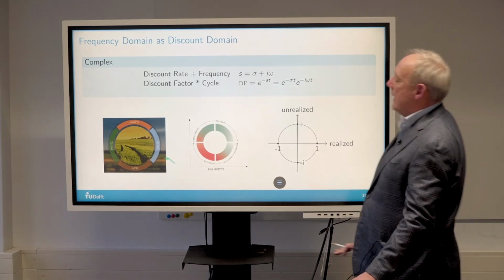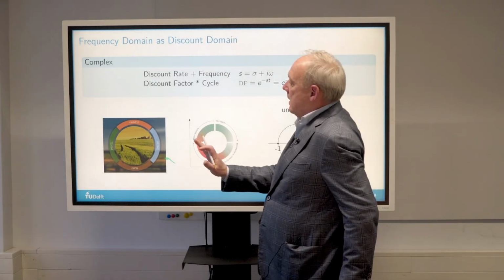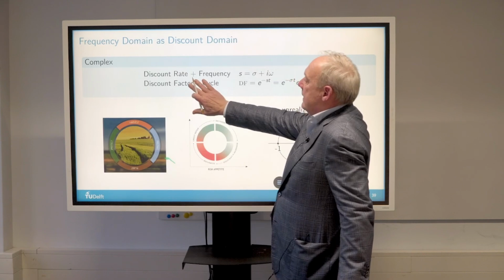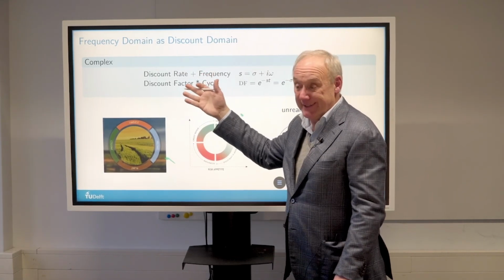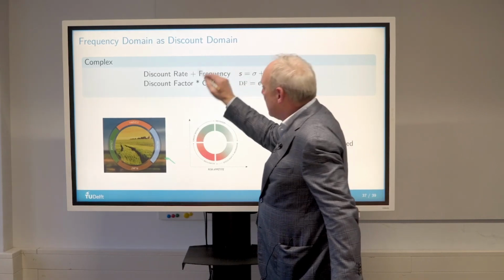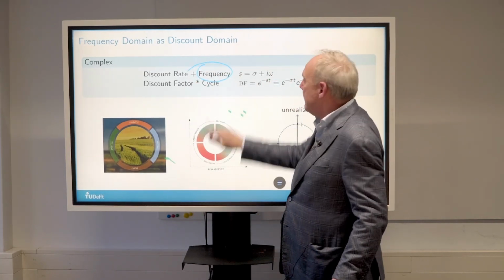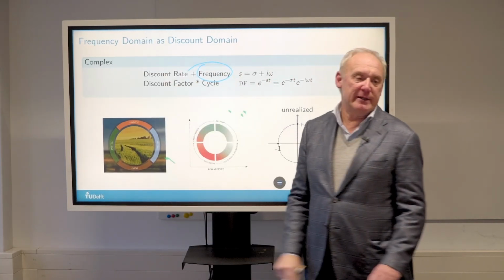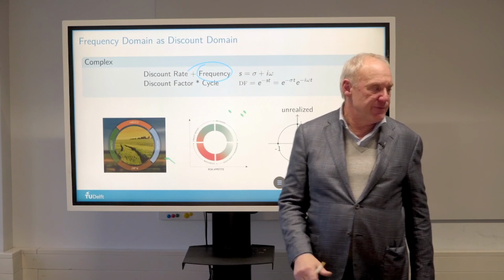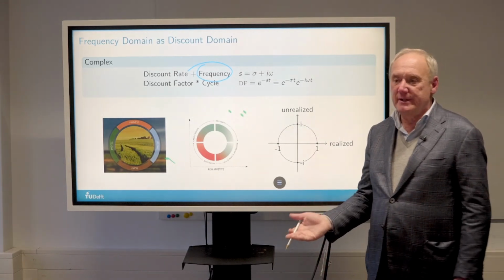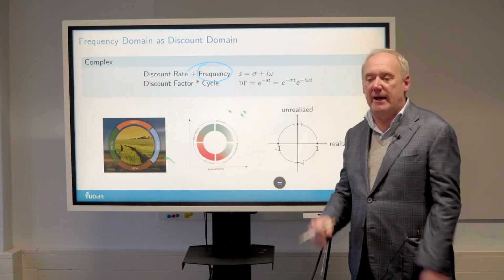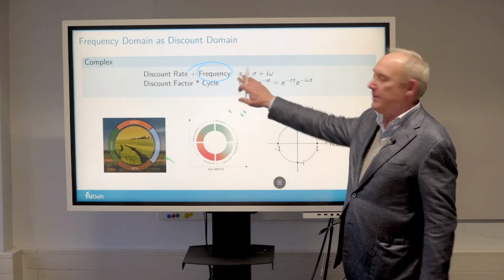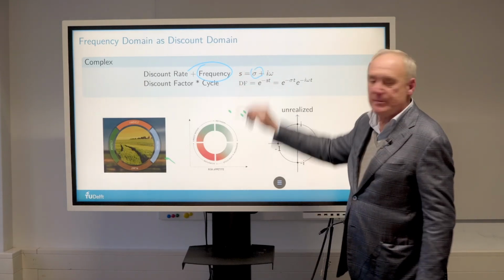So, just to summarize, we can define a complex discount rate or a complex frequency. You see, we start with the frequency part, and then we add the real part. It's called analytic continuation. So the Fourier transform was there first. The Laplace transform was kind of only for real numbers. And then they put them together, and they have the complex Laplace transform, and then they added this part, right,